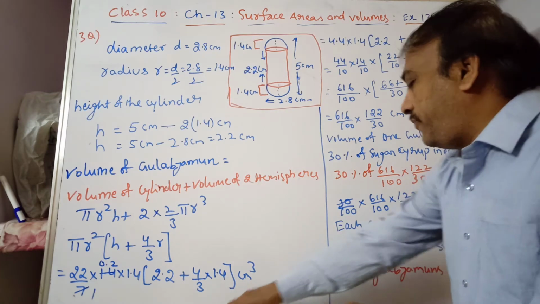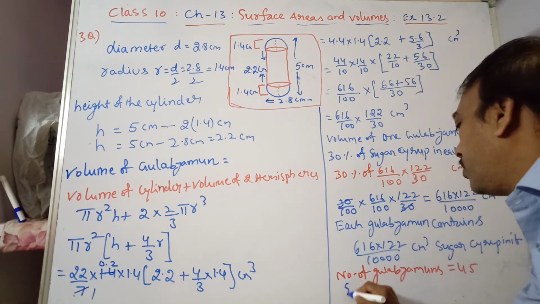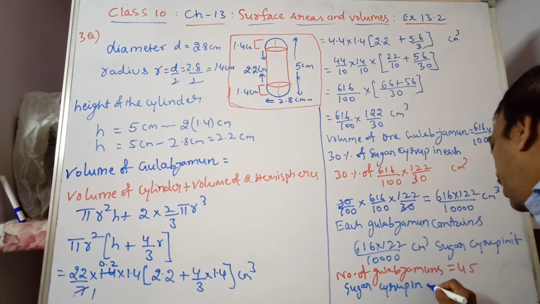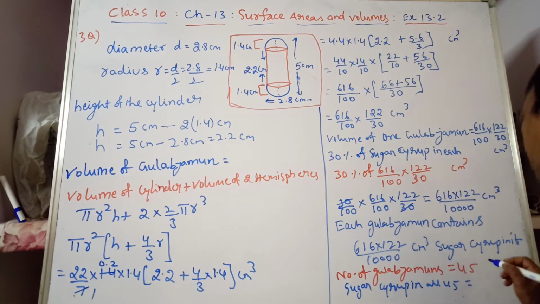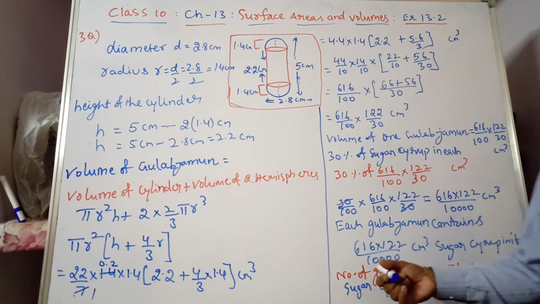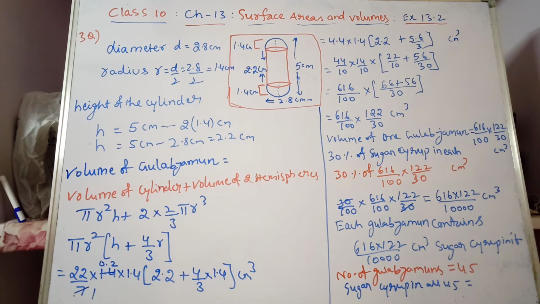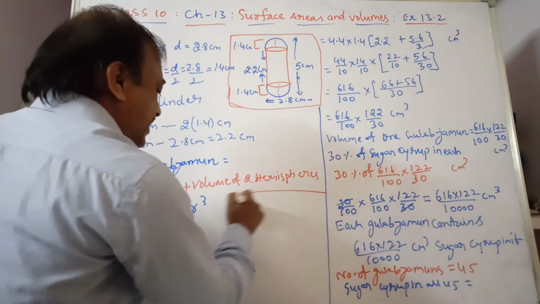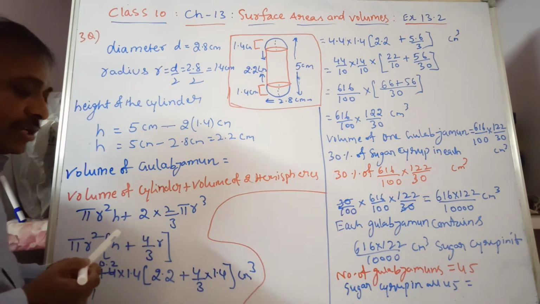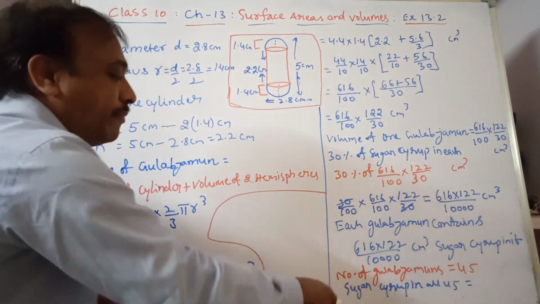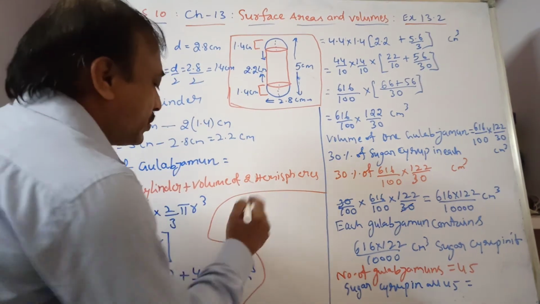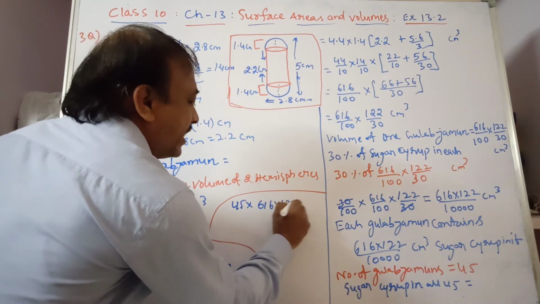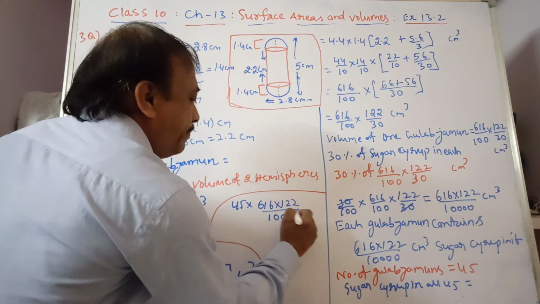Sugar syrup in all 45 is equal to 45 into this volume of sugar syrup. Here I am writing the last statement; as the place is not sufficient, I am writing here. Sugar syrup in all 45 gulab jamuns is equal to 45 into 616 into 122 by 10,000